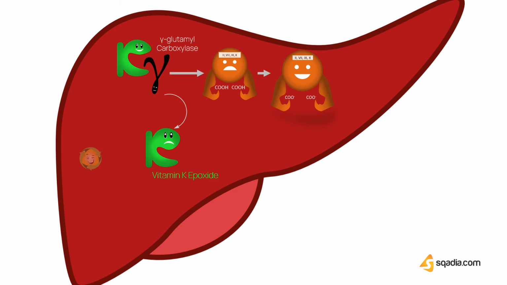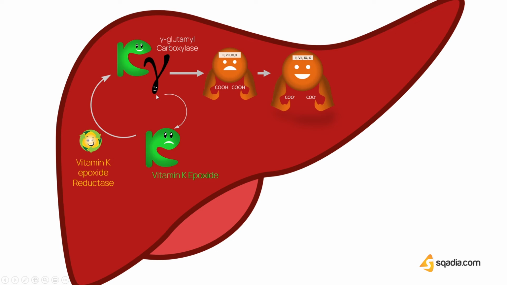Yes, we recycle them for reuse. The liver has adapted a recycling process too. There is an enzyme, vitamin K epoxide reductase. This enzyme converts vitamin K epoxide back to vitamin K, and then it is reused as a cofactor by